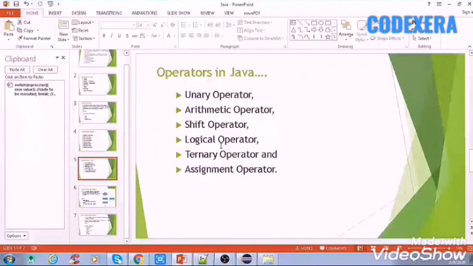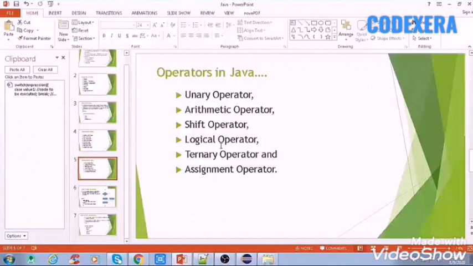After that, logical operators will come. The logical operator doesn't check the second condition if the first condition is false; it checks the second condition only if the first one is true. There are two types of logical operators used in Java, that is AND operator and OR operator.